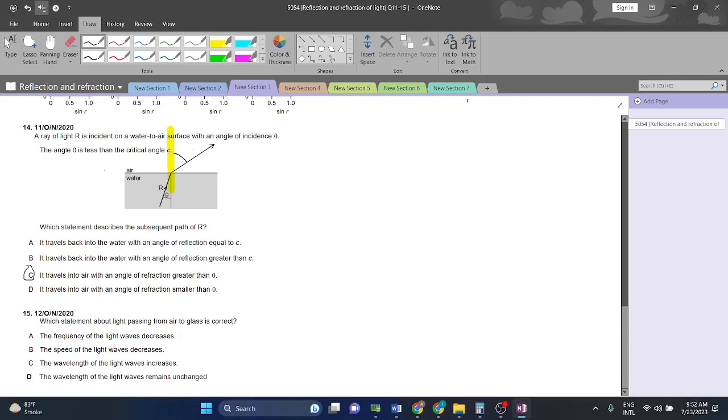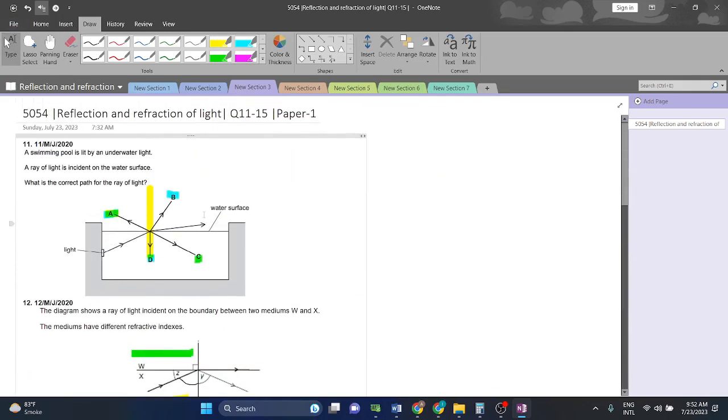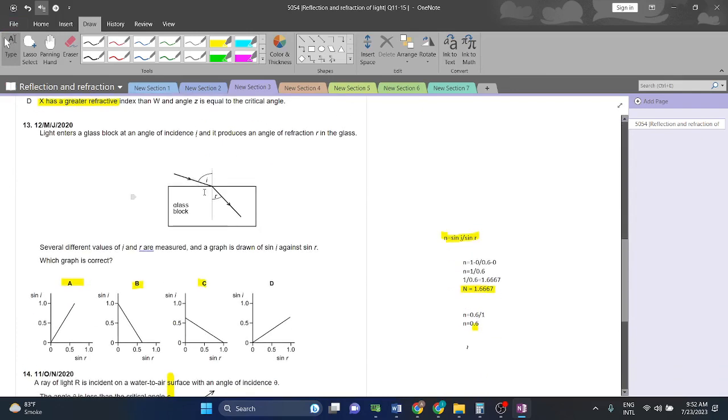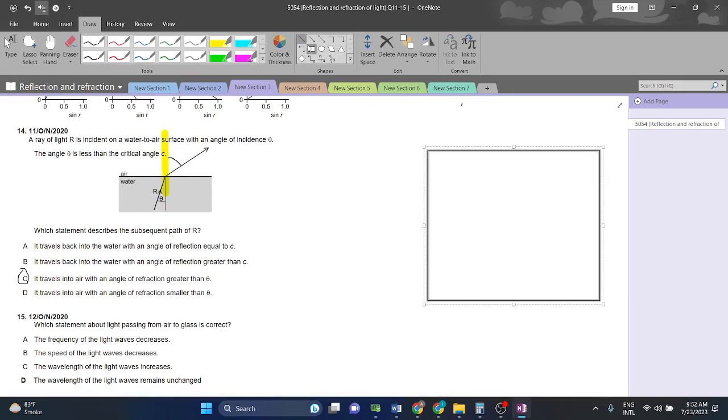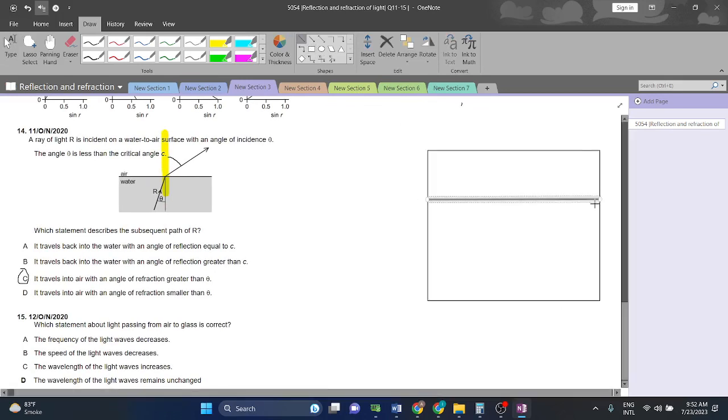Question 15. What statement about light passing from air to glass is correct? जब एक लाइट होती है ना, फॉर एग्जाम्पल, लेट्स टेक दिस एयर टू ग्लास, जब एयर में होती है लाइट, the speed of light is much greater than that of glass. जब किसी ऑब्जेक्ट में रिफ्रैक्ट हो रही होती है, the speed of light becomes smaller. जस्ट फॉर एन एग्जांपल, अगर आप एक स्विमिंग पूल में हो, it will be much harder for you to move in comparison to अगर आप एक बाहर वाली सरफेस पे हो